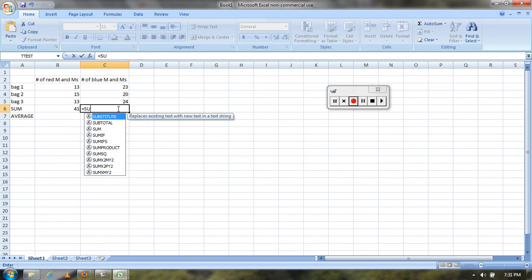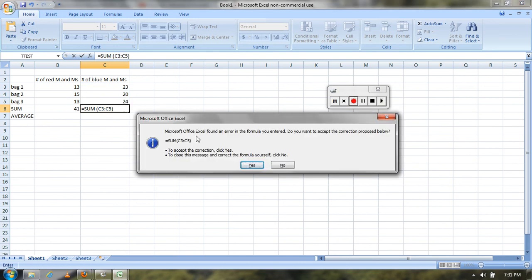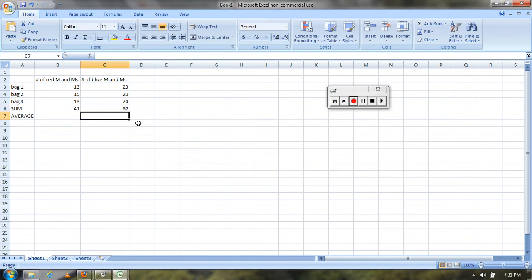I can do equals sum of C3 through C5, and then of course, oops, I think I forgot to put an end parenthesis there. So I'll get that message if I do mess up, and it'll pretty much correct it for you. Or another thing I can do is